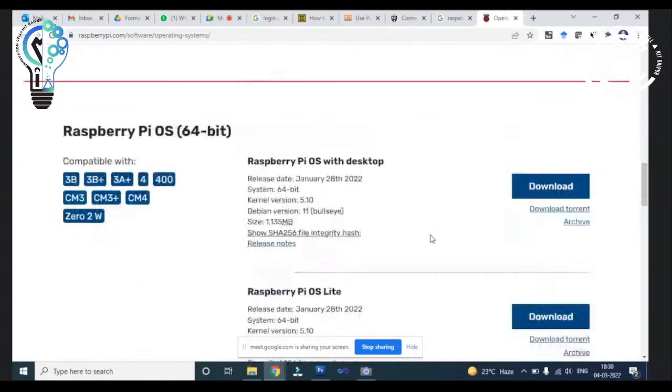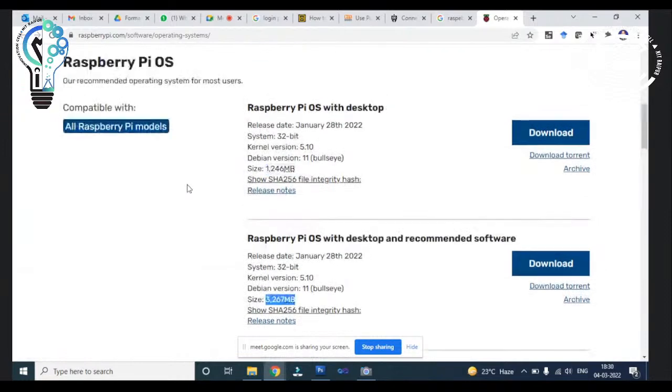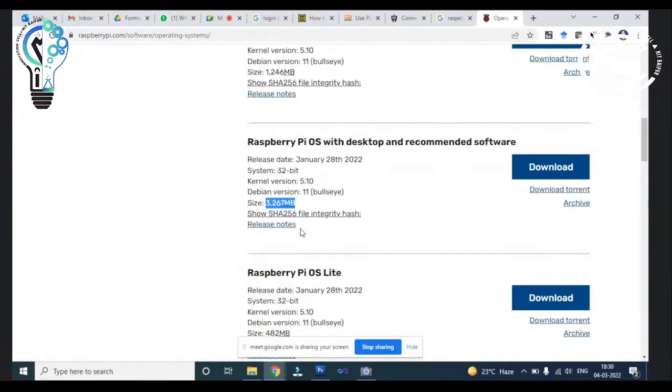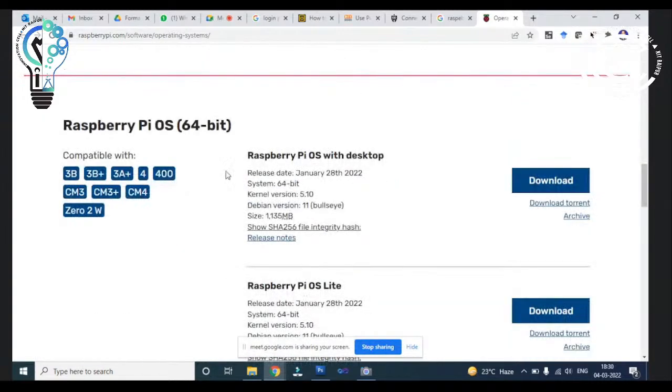It's completely free. If you have a 64-bit Raspberry Pi OS, then it's compatible with 3B, 3B plus, 3A plus, 4, 400. These are the boards compatible with this OS. And here, all Raspberry Pi models. You can download this OS. It will support all the models. But today a few software are made for 64-bit.